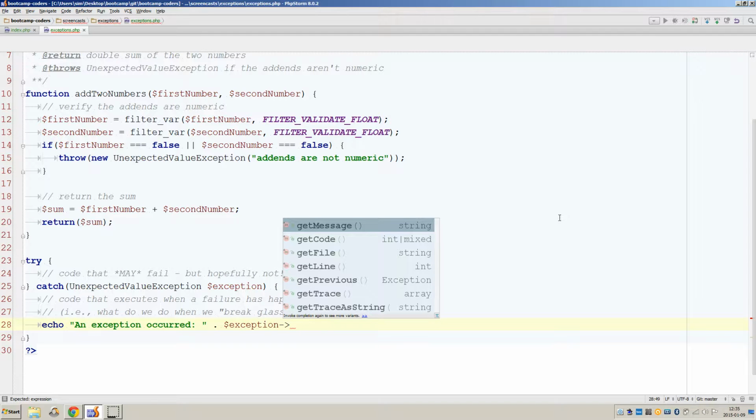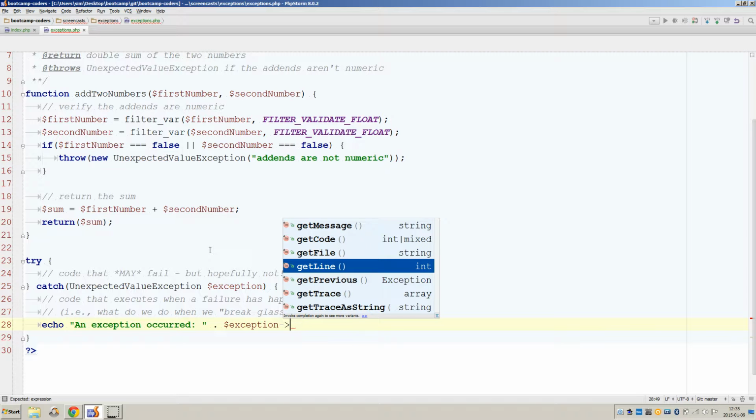But a real fast look through it is that not only we have the message, the error message, in this case it would be what I just put here, add-ins are not numeric, but also the file it occurred at. And that is the file name, the exact path of the one that failed, exceptions.php. And then the line number, where did this occur? Where am I? I'm at line 28. That way you can see exactly where things occurred,